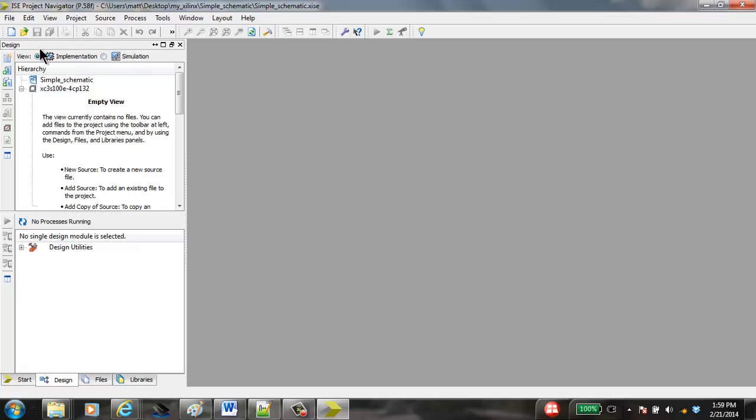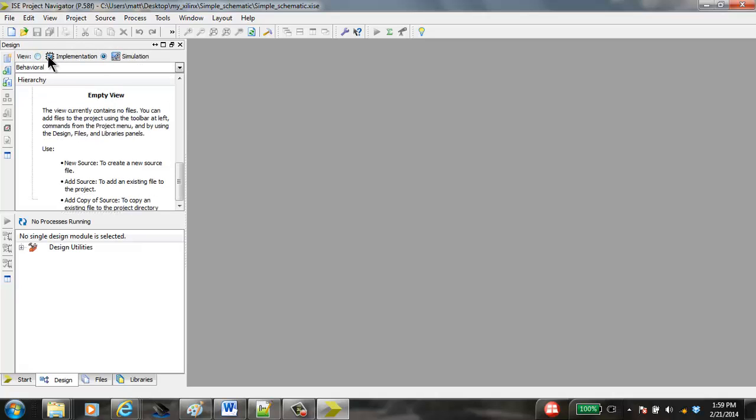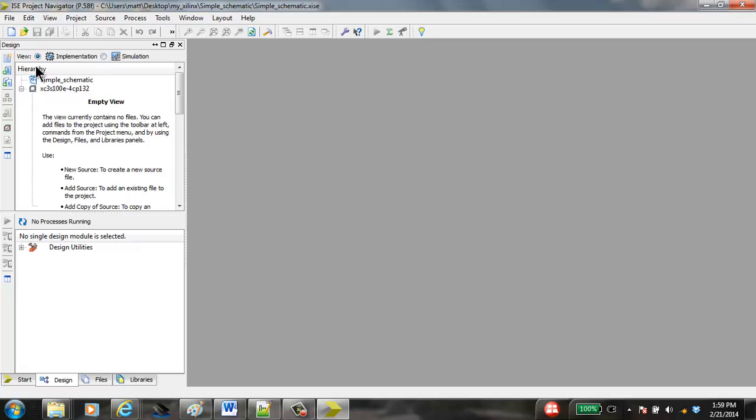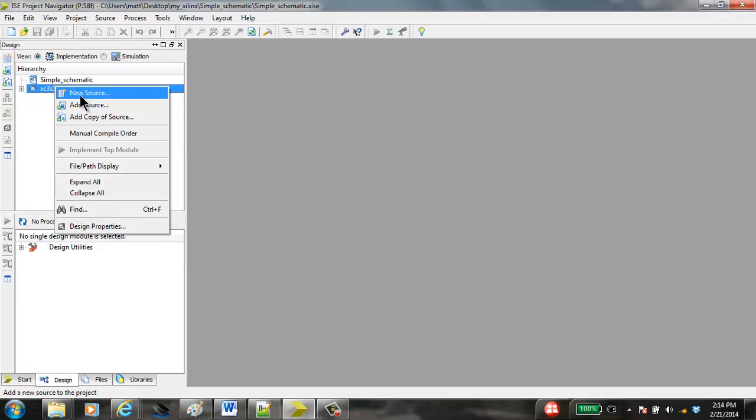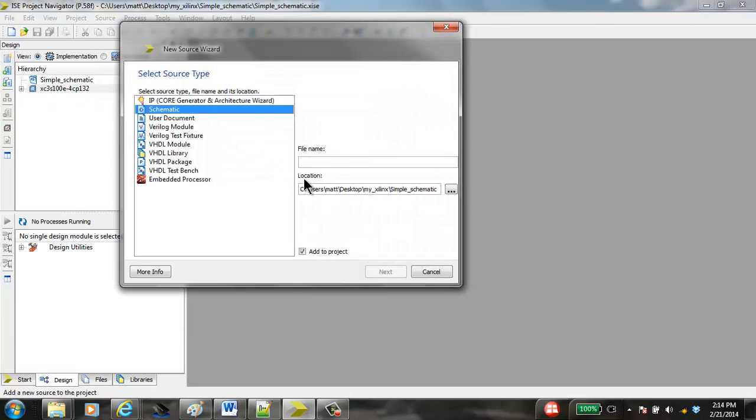And there's two selections: I can simulate or I can implement. For the time being, I'm going to be in implement mode. Down here, I've got a design tab. That's the most important tab that I'll keep coming back to. Create a new schematic. It's a new source, and it's a schematic file. And I'm going to call it